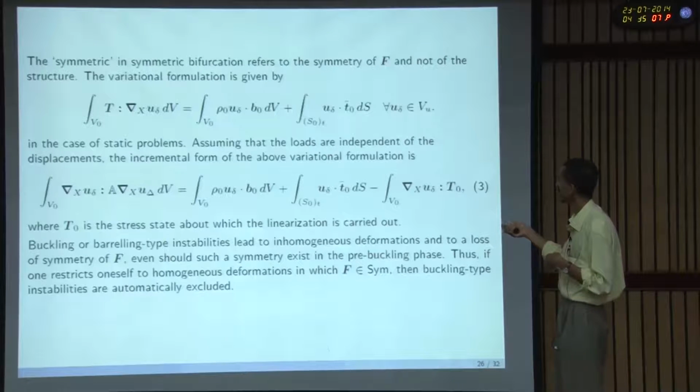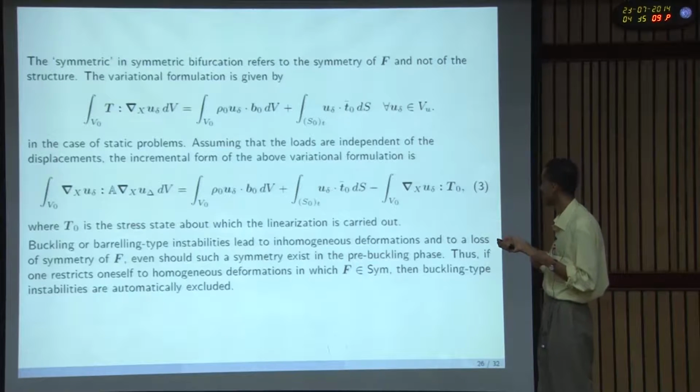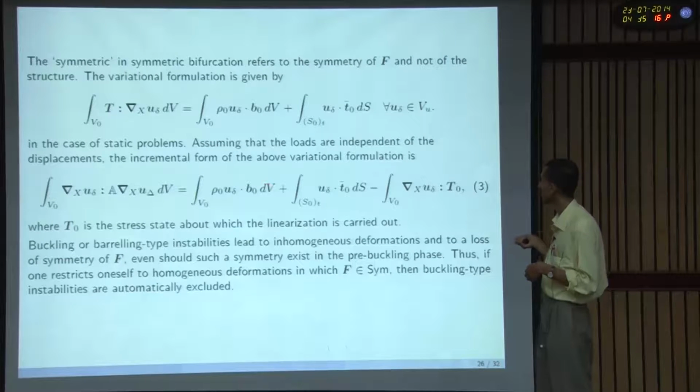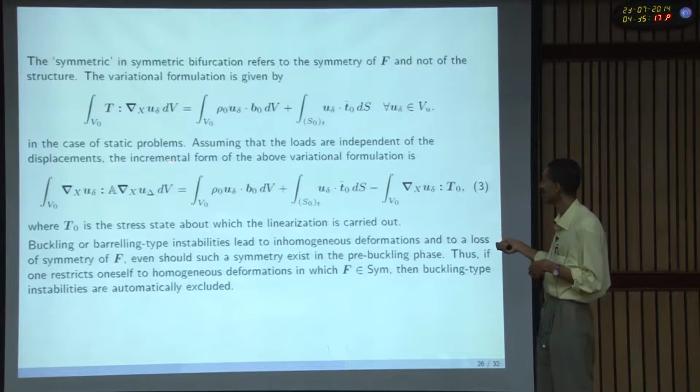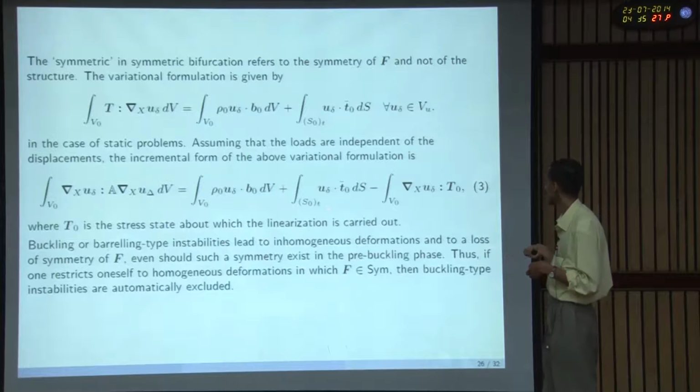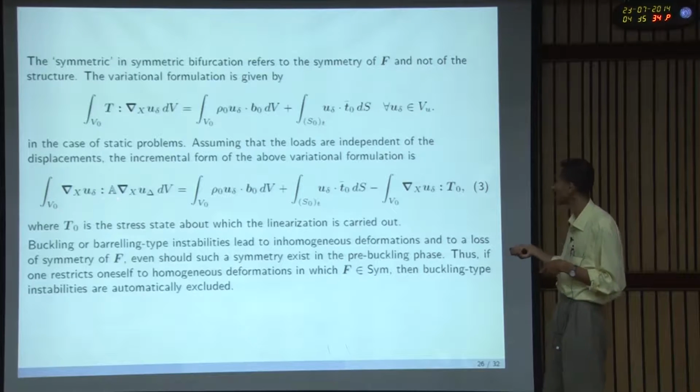Fine. So here, basically, if you write out the variational formulation in terms of the first Piola-Kirchhoff stress, then this is how it looks, and this is the linearized form of the first Piola-Kirchhoff stress. Based on that, you can see that if this tensor loses positive definiteness, then you will get a non-uniqueness of solution. So the criterion that we propose is that the first elasticity tensor should be positive definite.